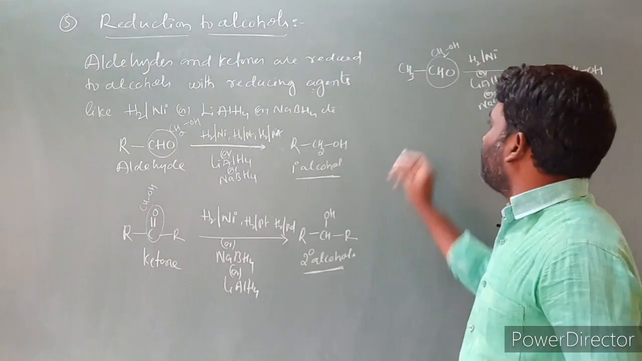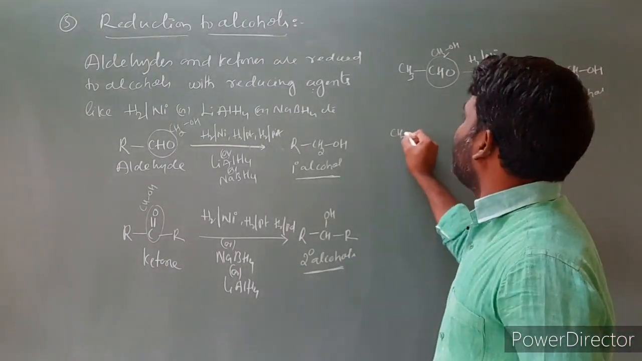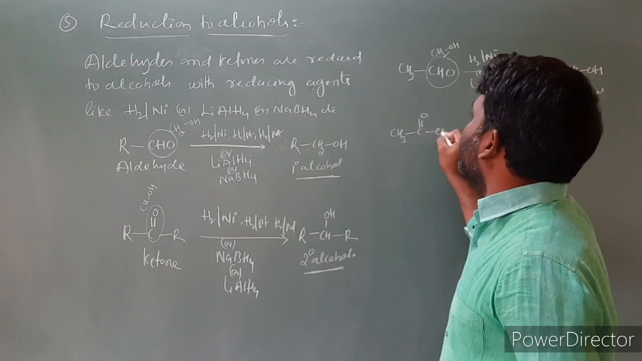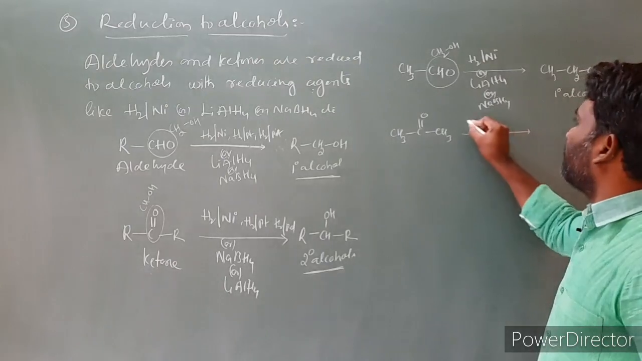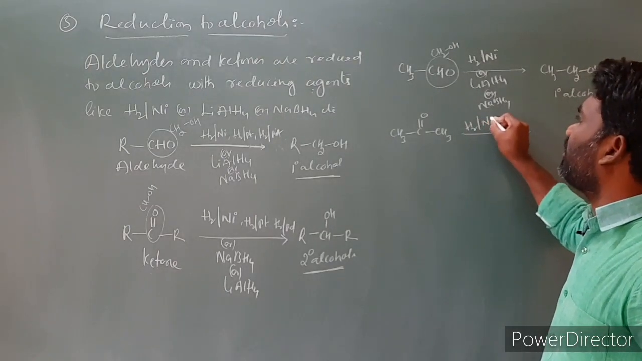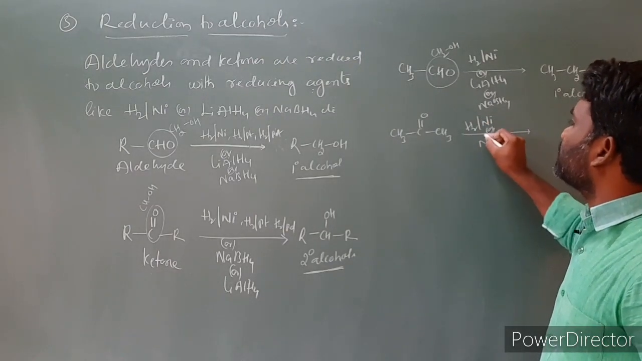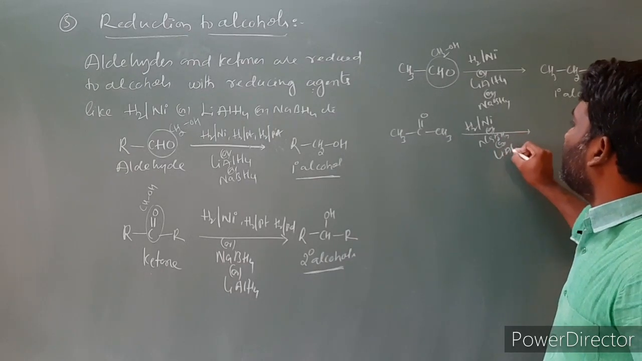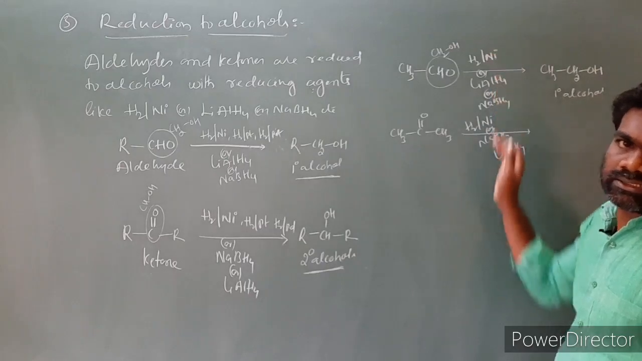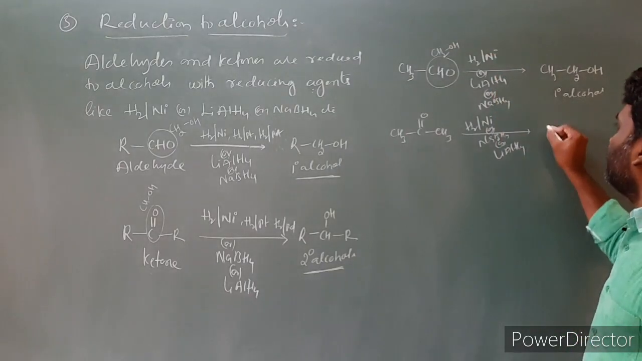And I am taking another compound, a ketone, CH3-C double bond O-CH3. This I took as a ketone, and the reagent remains the same. What is the reagent? H2 over Ni you can use, or you can use sodium borohydride, or you can use lithium aluminum hydride. Any reagent you can use. Then the product is